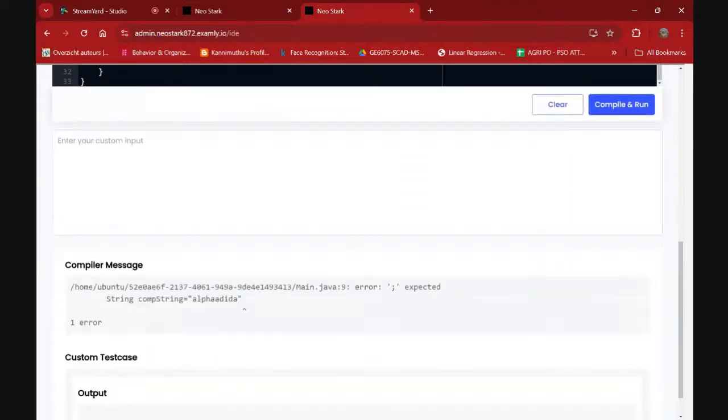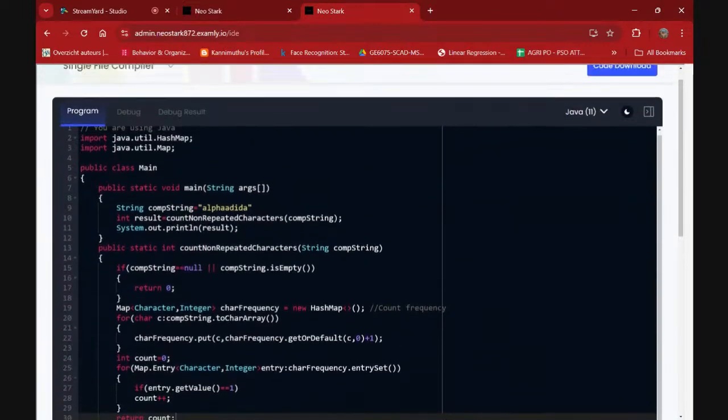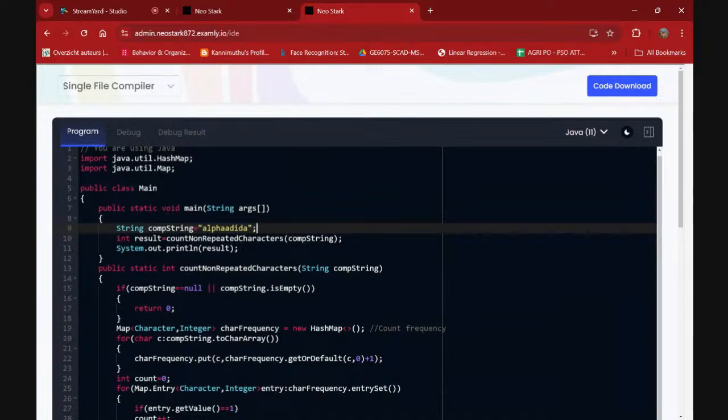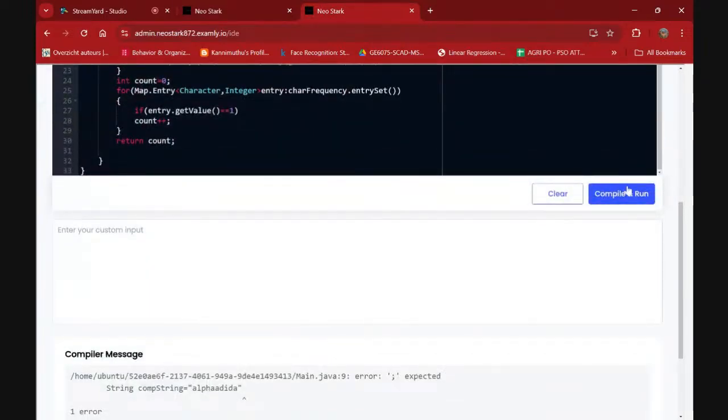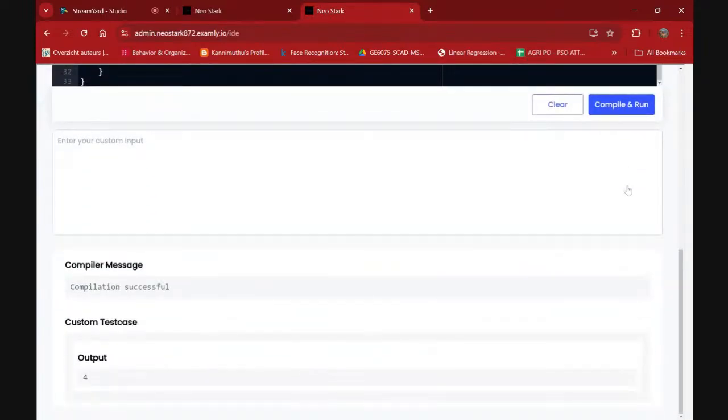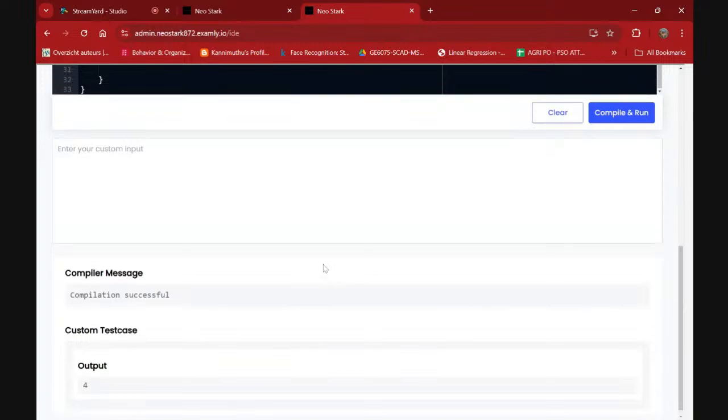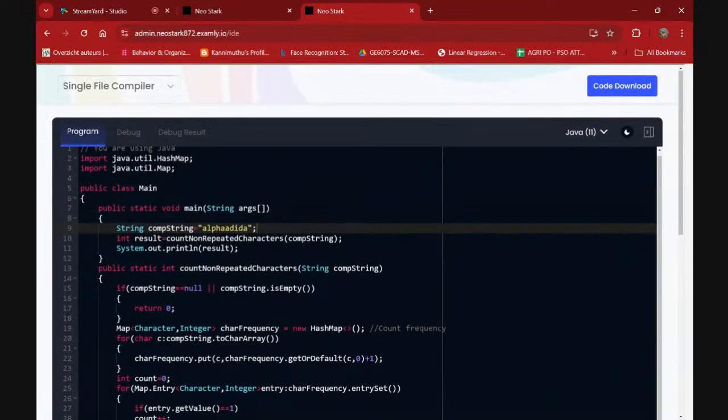Let's see. Yes, we have got it. There are 4 unique characters which are not repeating: L, P, H, and I.